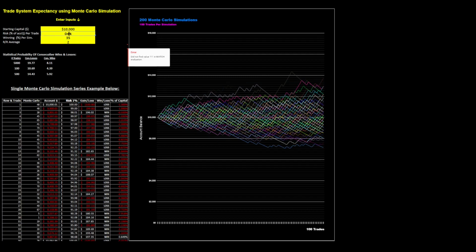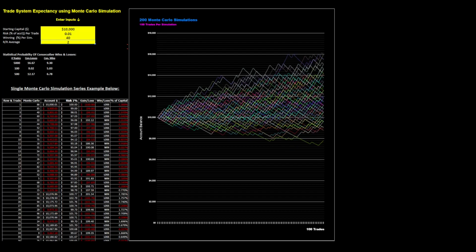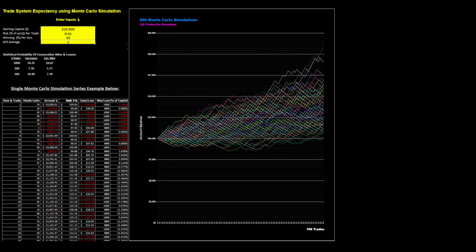So playing with this and looking at, okay, well, if I can get this up to, say, 40%, what does that look like? Still some losers, but there's a lot more winners, right? All these separate traders with different randomized losses and wins in their string of wins and losers. They're performing differently, but a far greater number are above breaking even. Okay, so let's say if we move this up, 45% win rate. Now at the end, there are no losers. Okay, so what this is allowing you to do is to take your strategy that has been back tested, and